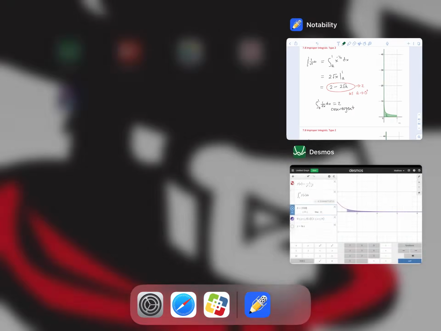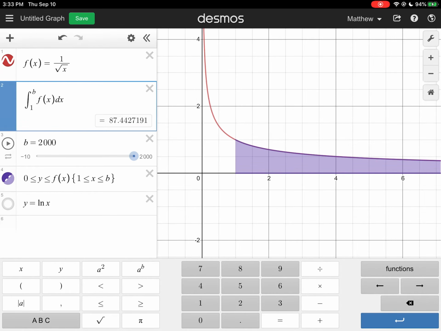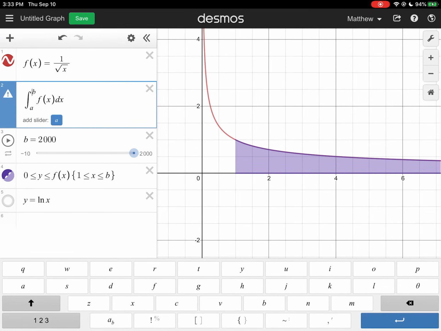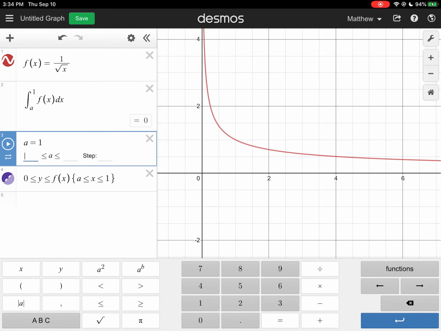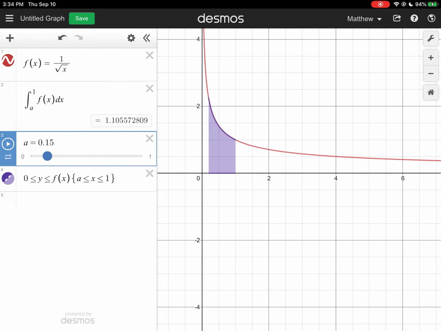Now let's use Desmos to confirm this. But this time we're going to integrate from a up to 1. And let's do some shading between a and 1. Let's let a be as low as 0 and as high as 1. Step size 0.01. Okay, so a is a number between 0 and 1, and it's showing us the amount